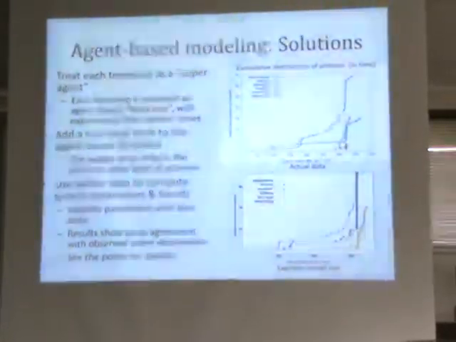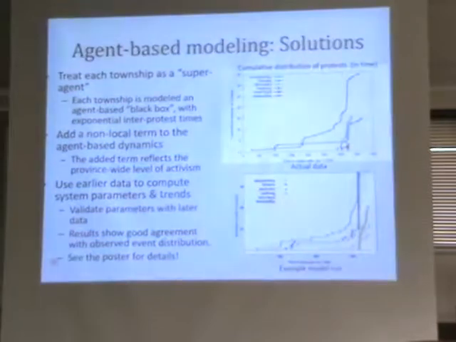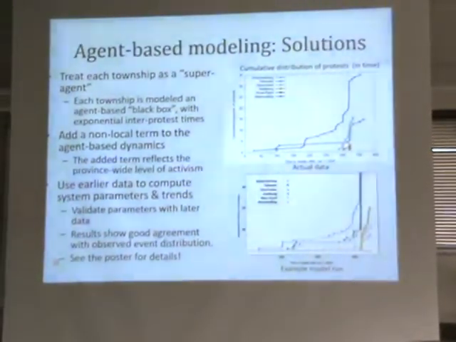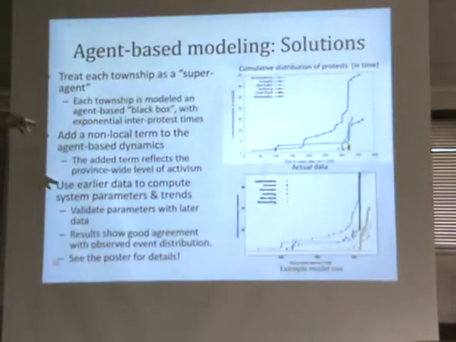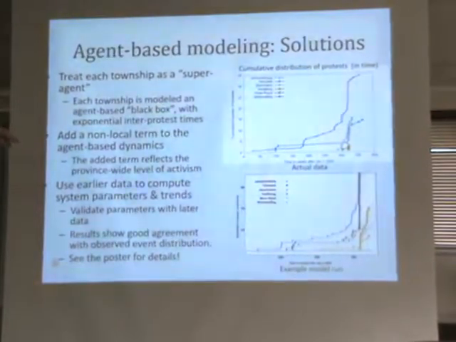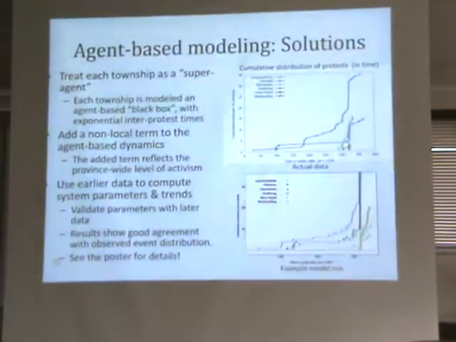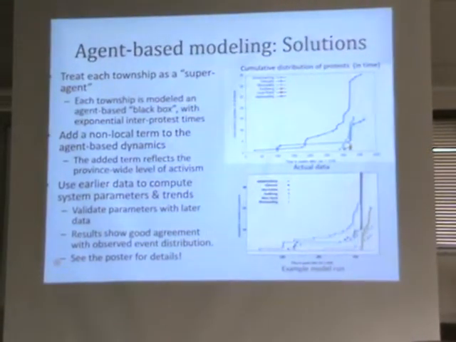In this case, the thing is that you don't just have local interaction, but because people hear things on the news, if you have a service protest over here, that may influence people over here. So you have to add something to your model. And I think that's one reason why you're starting to see more of these